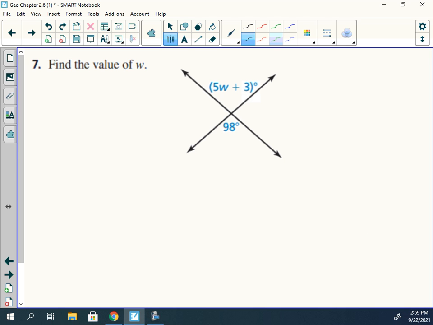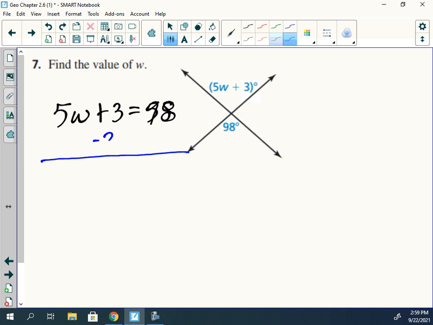So this one here, they tell us that one angle is 5w plus 3, and the one opposite it is 98. Well, these two are vertical angles, so they will be congruent. So what we can say is that 5w plus 3 is equal to 98 degrees. So what would we do next? We can subtract 3 from both sides, which tells me that 5w is equal to